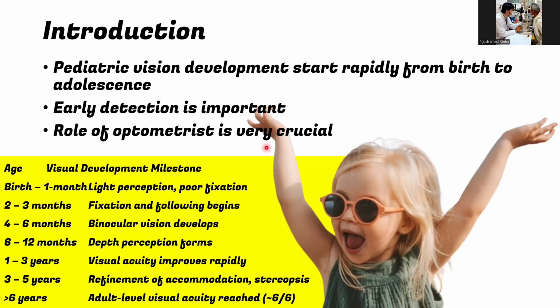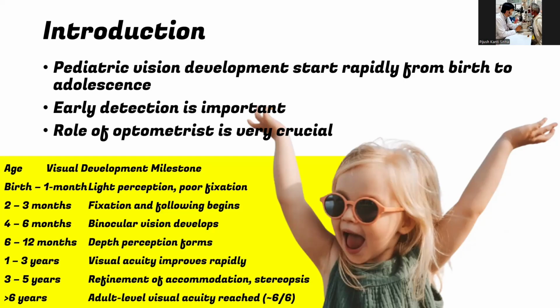Before going to the detailed discussion on pediatric vision development, I would like to tell you three keywords or important terms that we use generally, but most of the time we get confused about. These are infant, toddler, and school going. Infant means if the child's age is about birth to 1 year, you will call it an infant. Toddler means 1 to 3 years, and school going are 5 years or above. They are school going children.